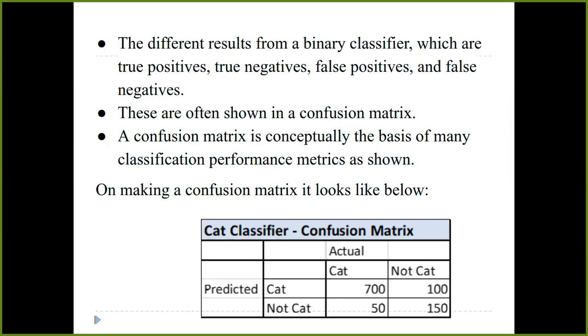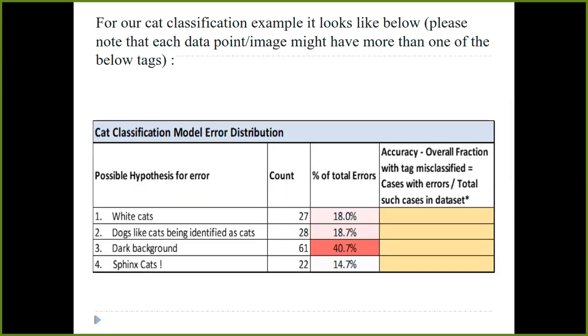So for this purpose, we wanted to improve or check the performance. For performance checking, we always take accuracy into consideration. So here we will check how we are getting errors, and because of what reason we are getting many more errors. Okay. So for our cat classification example, it looks like the following: whatever data points we have, for white cats, we have 27 cats, and out of that